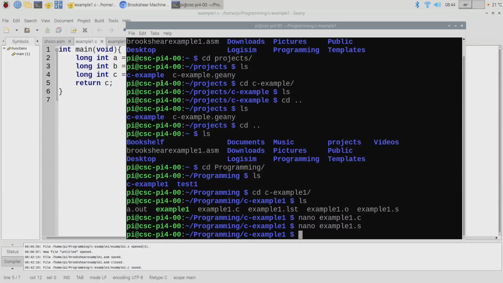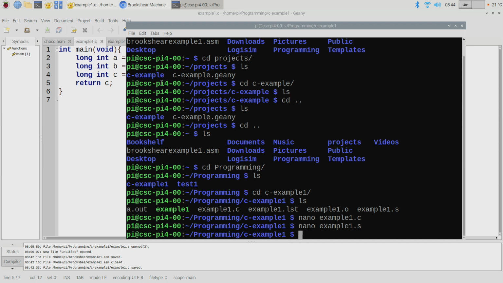Well, what I want to do is talk about how to use a debugger program called GNU Debugger to do what the Brookshear emulator does.